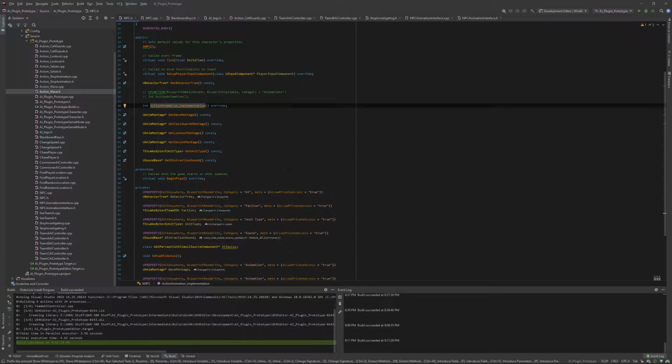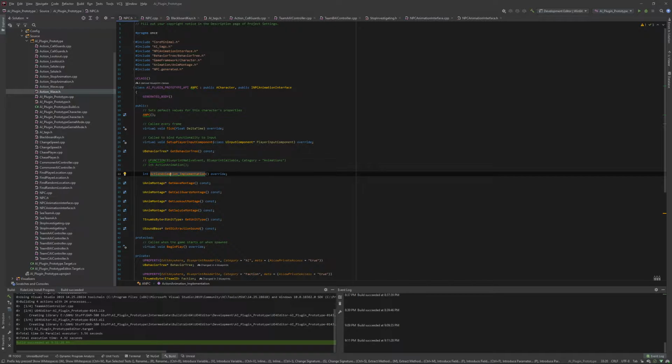My goals this term were to learn about AI and the sensory perception systems in Unreal, and then I decided to explore the team affiliation stuff, and also at the same time to use this opportunity to learn as much as I could about C++ because I haven't had really any exposure or experience with it during school at all. Just one class, and it was mainly procedural generation of meshes and stuff like that, and nothing really gameplay related.